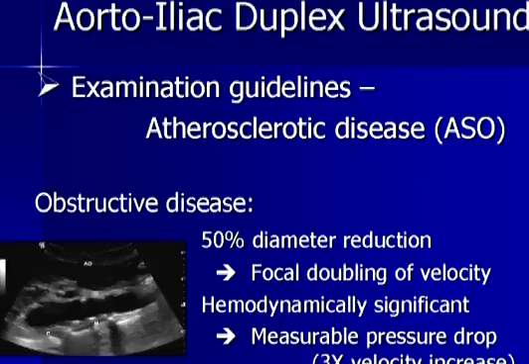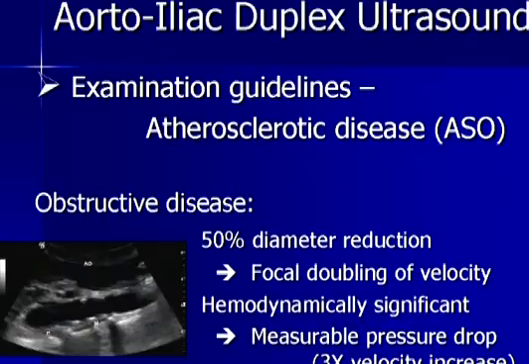You can document a greater than 50% diameter reduction if you find an area where there is a focal jump or increase in peak systolic velocity of a factor of 2. So whenever you see anatomic narrowing, measure the peak systolic velocity at the site of that narrowing, and then measure the peak systolic velocity at some relatively normal site proximal to that site of narrowing. And if that ratio exceeds 2 for those peak systolic velocities, you know you have a greater than 50% diameter